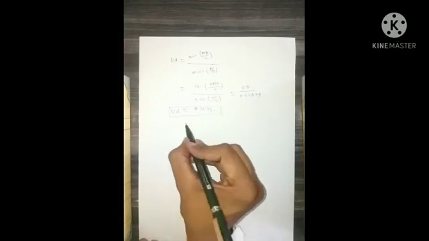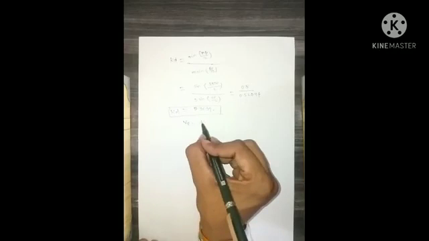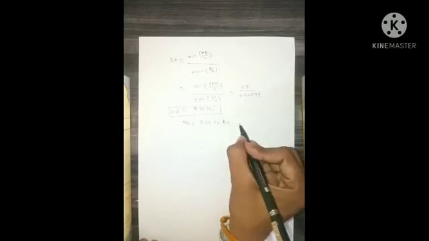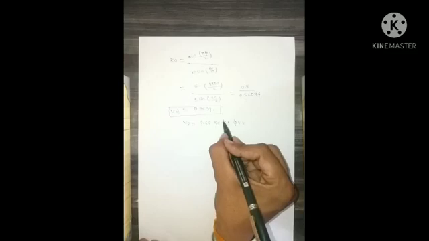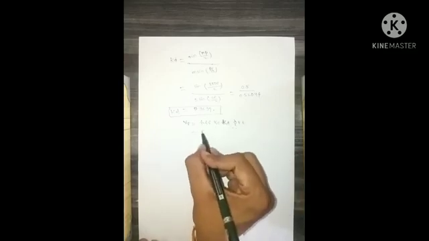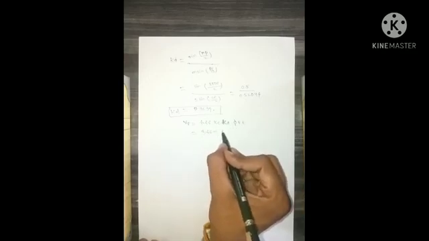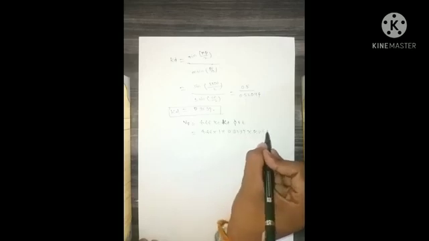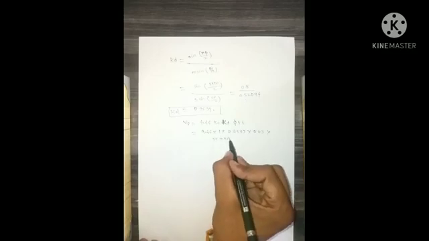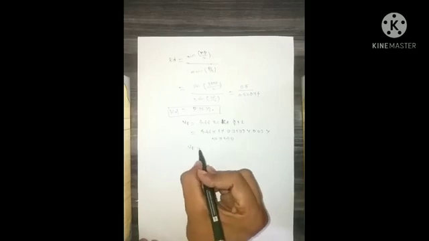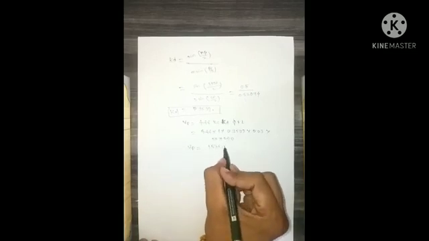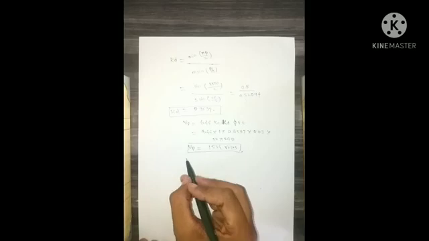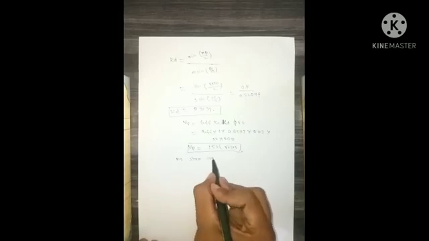Now we have to calculate Vp, the phase voltage, and the formula for the phase voltage is 4.44 Kc Kd phi f T. By putting in all these values, we will get 4.44 into 1 into 0.9597 into 0.03 into 50 into 240, and after solving this we will get Vp equals 1534 volts.